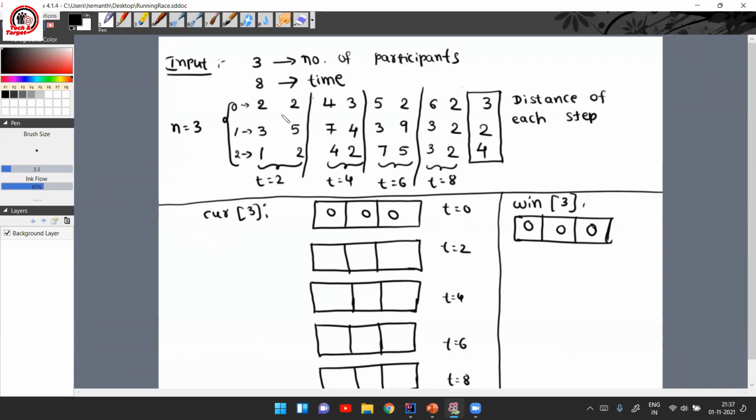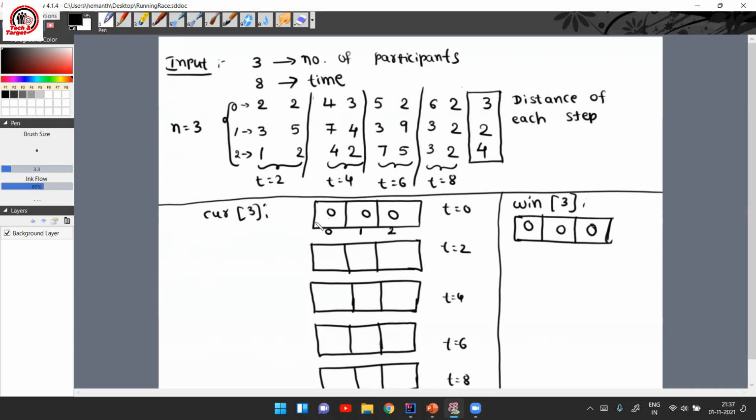Now, at t is equal to 2, in the first 2 seconds, for this purpose, we will maintain 2 arrays. One is the current array, and both of them will have size n, which is the number of participants, right? So this 0 denotes the first person. Let me write the indexes first. So this is 0, this is 1, this is 2.